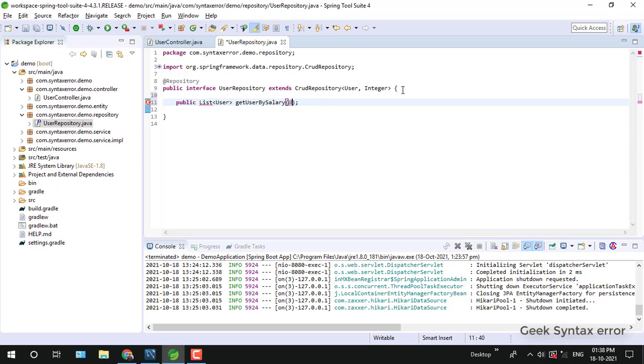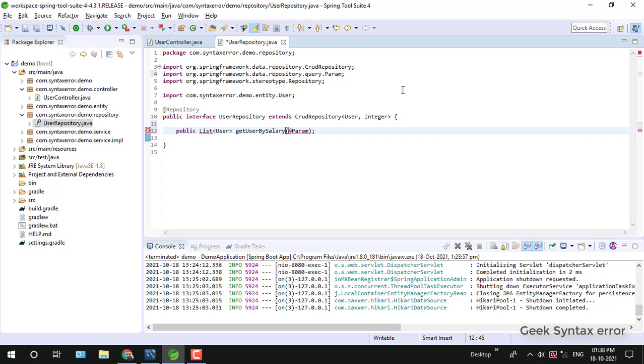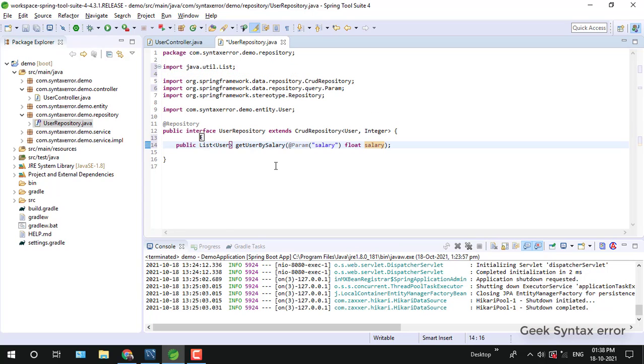For that purpose we need to pass a param, salary. It should be string type, or sorry, float type. So this is the method which we write.